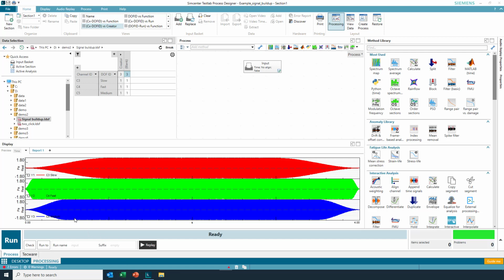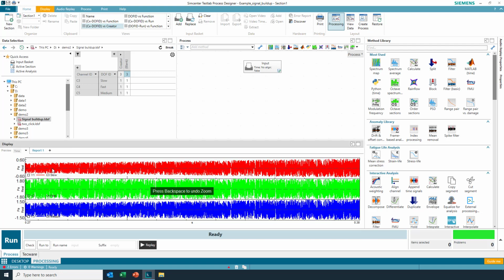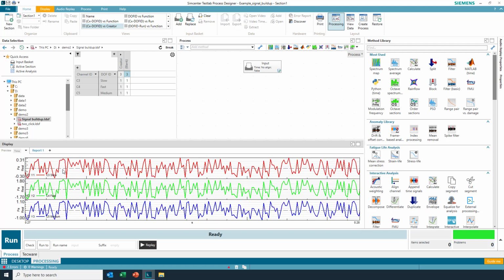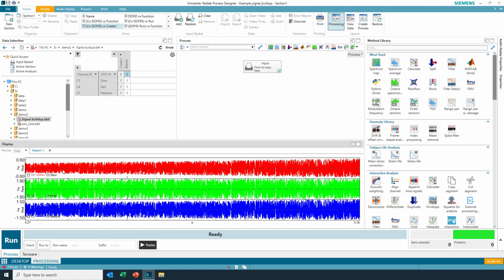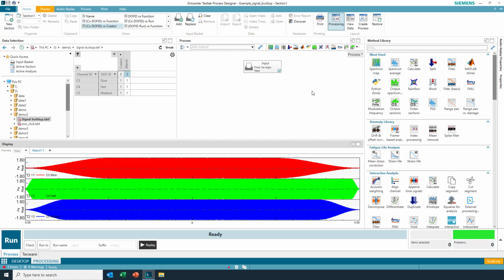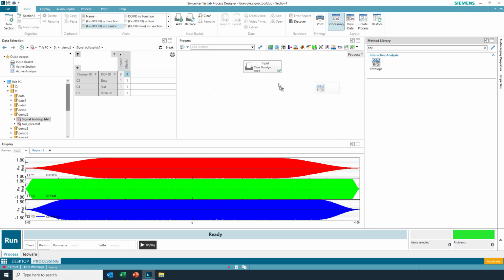Here are three signals I'd like to quantify the ramp rate for. You can see that one gradually starts up, one very rapidly starts up, and the others in between. If we look closely at these signals, zoom in a little bit, we can see that they are full of rapid fluctuations. So the first thing to determine the ramp rate that we're going to do is calculate an envelope of these signals so that we can determine the ramp rate without being fooled by those little fluctuations.